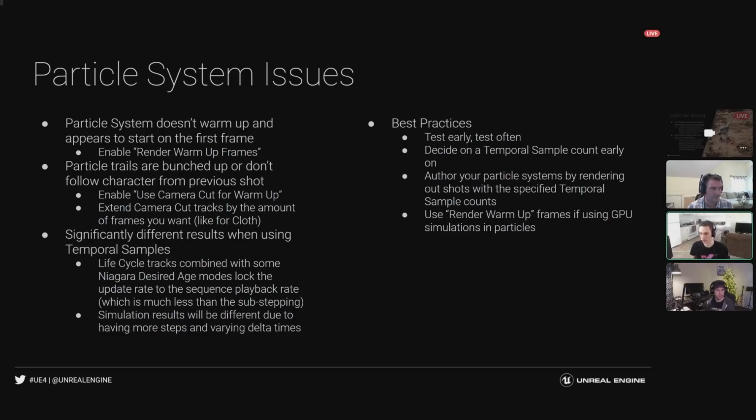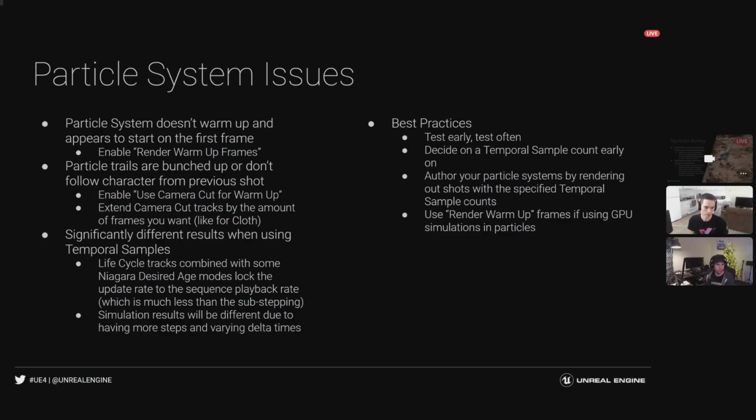You may see different results when you do simulations. This is because when you're doing it in the editor and the game, each frame is about 1/60th or 1/30th of a second long. But when we start doing the temporal subsampling, it starts being even smaller, like 2 or 4 milliseconds. This is going to give you a lot more resolution in your actual simulation, so your simulation results may be different. Unfortunately, the way you do this one is you just need to test your particle systems early.